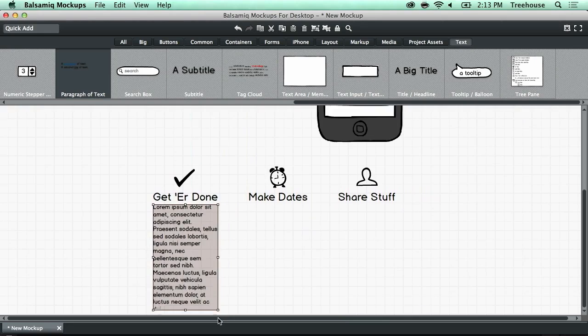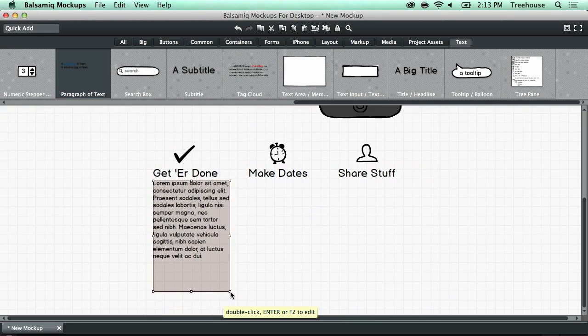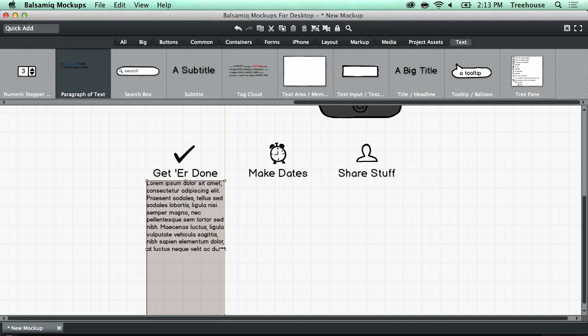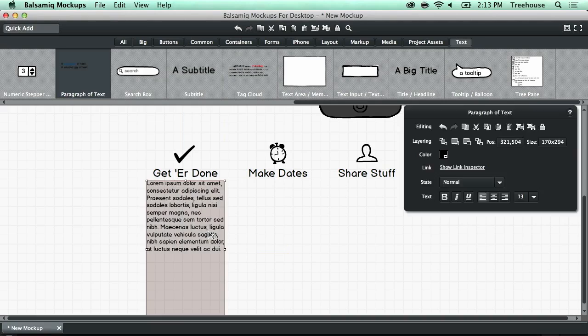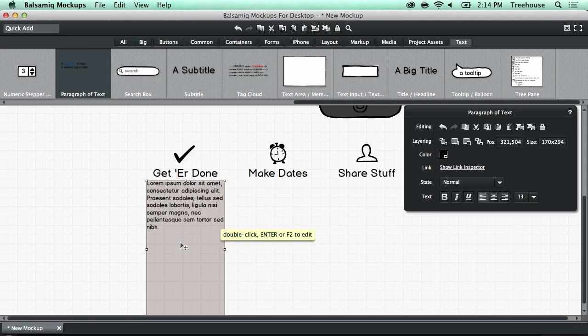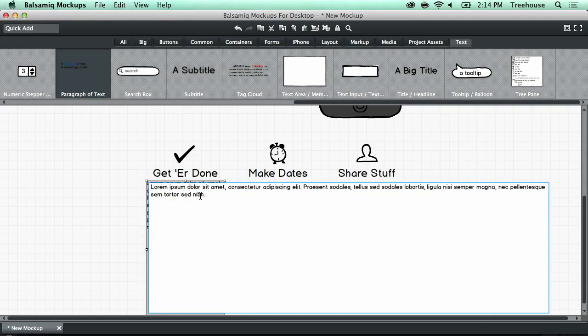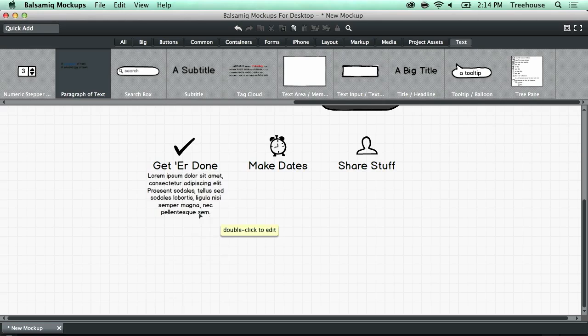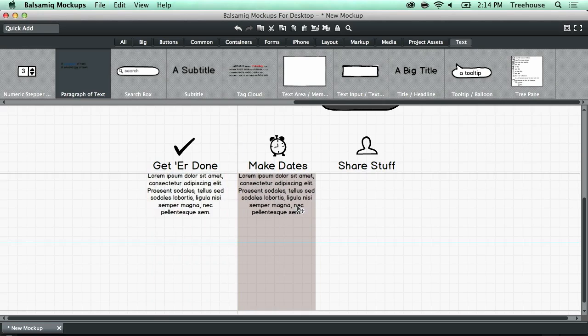So that's a little much for the lorem ipsum text. Let me align this a little better. Let's see, there we go. That's a little more text than we need, so let's just cut this down. That's still a little bit too much. Okay, there we go. I think that's good. And I think I'm going to align that center. Yeah, that looks good. Okay, I'm going to duplicate this a few times